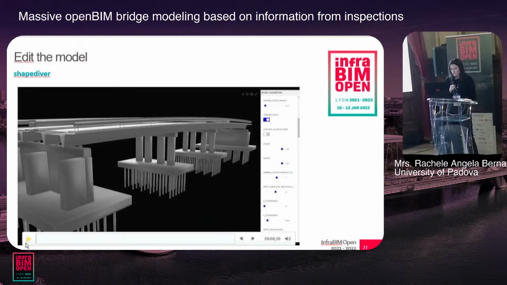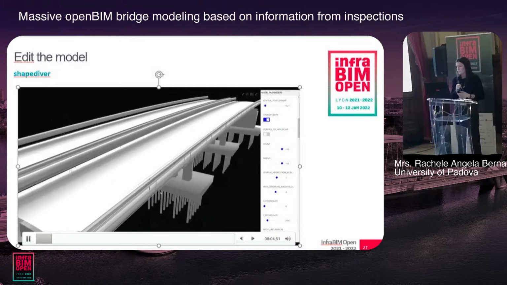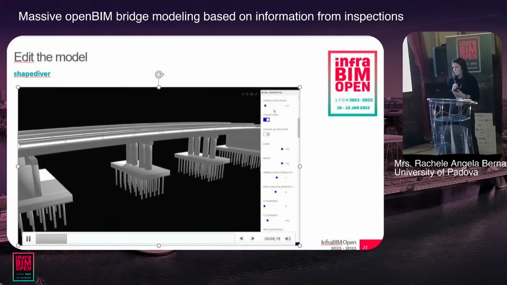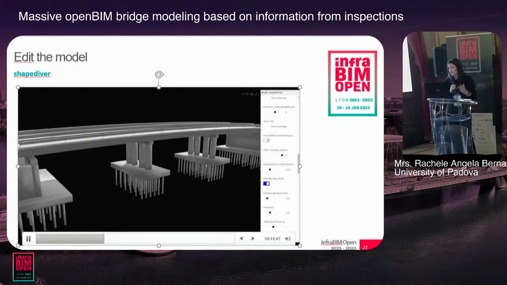Here you can see that some of the parameters can also be changed in the online platform. You can visualize the bridge itself and change some parameters, changing the same parameters that were set to make the model in Grasshopper.